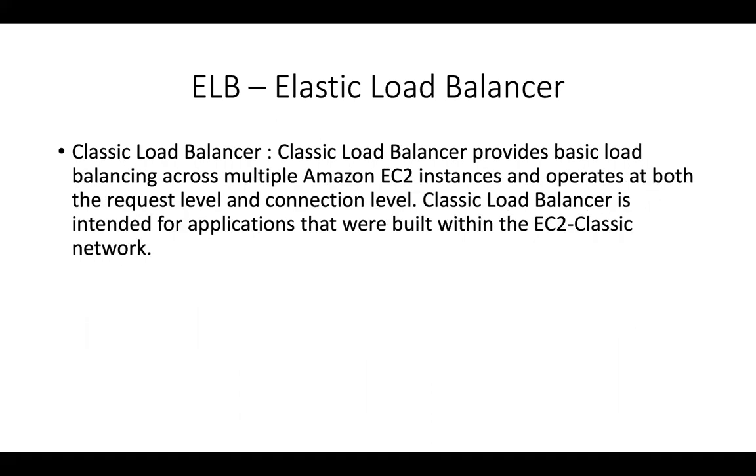And then finally, there is one load balancer which is of the previous generation. AWS does not recommend using this again. So this one is called the classic load balancer. It provides load balancing across multiple EC2 instances and operates both at the request level and connection level, which means it operates both at HTTP, HTTPS, and even at TCP and UDP. So the classic load balancer was actually intended to work with applications that were built when the EC2 classic network was there, which was much before VPC was introduced, right? So it's kind of legacy in nature. We will not be using a classic load balancer, but I will let you try that out too. So the configuration should be pretty simple.